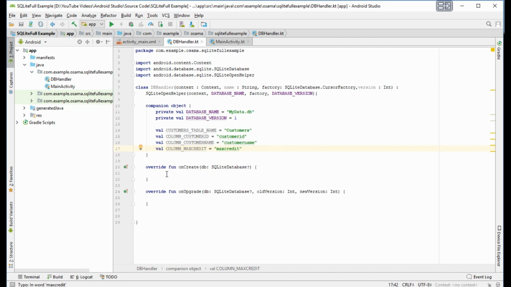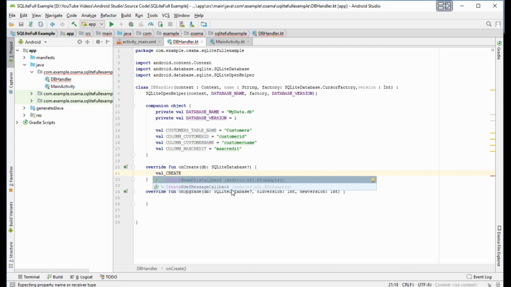Now we want to create a table on create of the application. Here we will give it val create customers table equal.